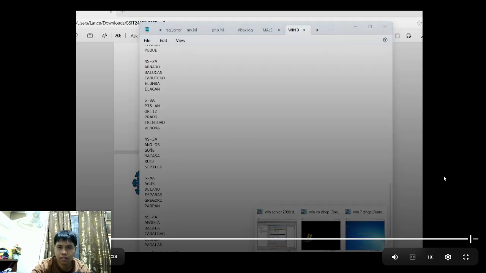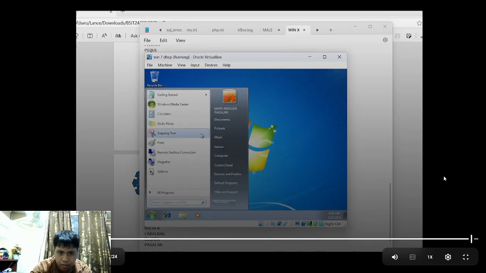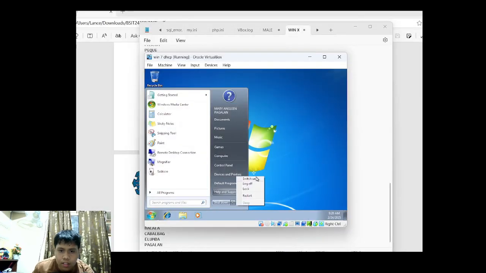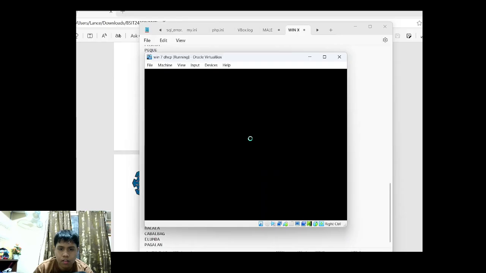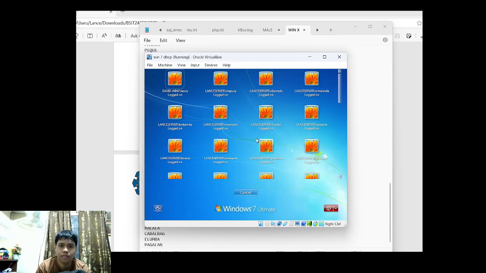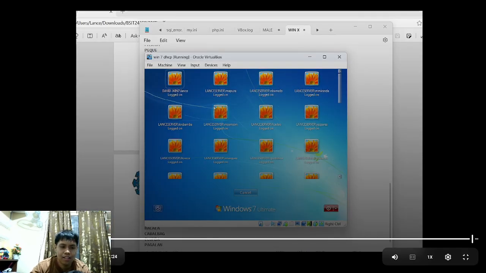Last one. And just see the switch users. And that is all of the users that can log in to the Windows 7.